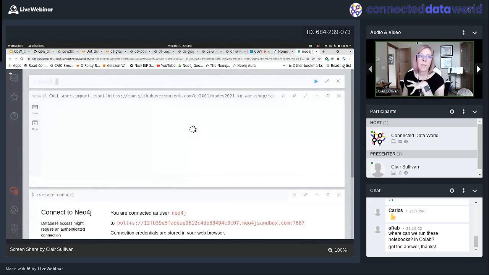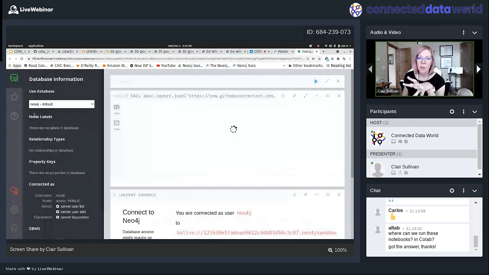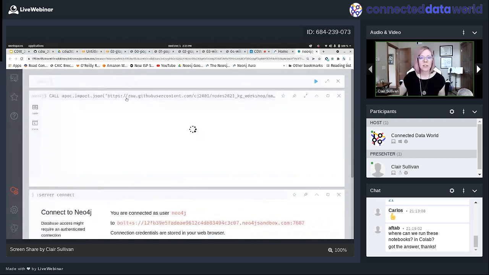If you do, just check over here, because what I've noticed is that sometimes pulling data down from GitHub can be a little slow. But if you see like 800 some odd node labels showing up here, you've got your graph. Okay, so let's just give it a minute here. And while we do, I'm going to multitask.